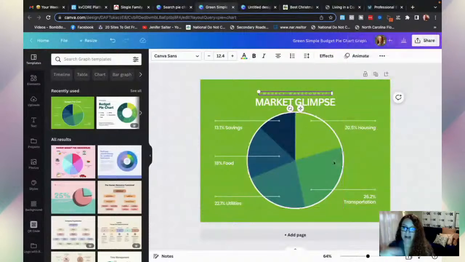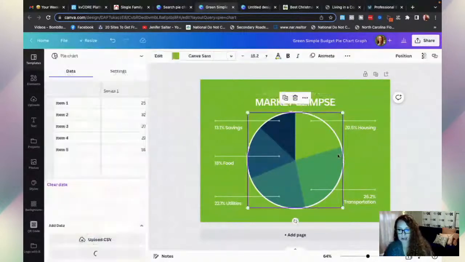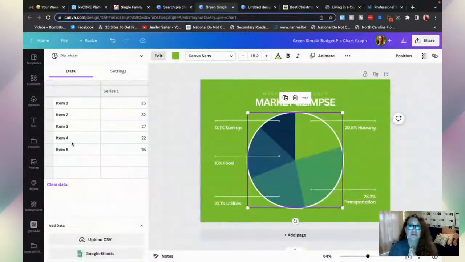Now from here, how to change all of this? Okay. So you click on it once. It's going to open all of this. Now, in your local MLS, it shows you, you can look from week to week or biweekly or monthly and see what the local market is in whatever county or city or zip code you want to feature in your newsletter. And you're going to want to know how many homes are new listings,